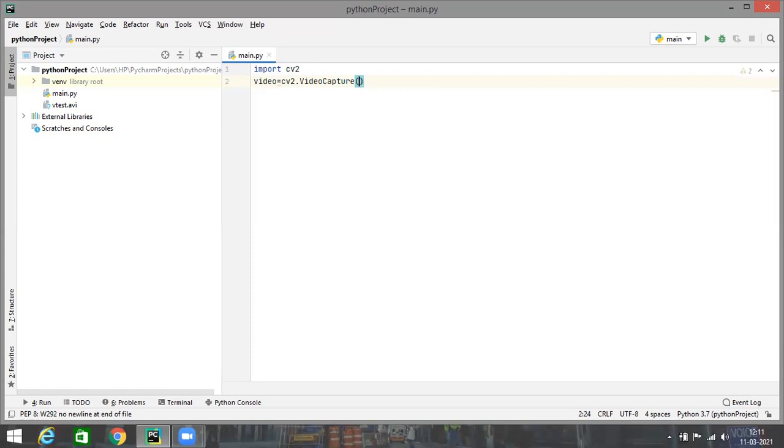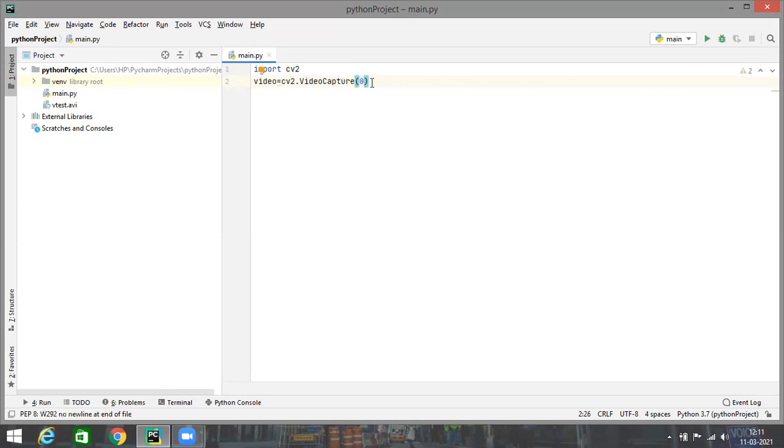Similarly, the second type of argument which the video capture method can take is the absolute path to a video file which is stored on your PC, so that you can read a video which is already present inside your system. Here you can see I have a video file which is already present inside the same directory where I'm coding. Later on in this video, we'll also see how to read this video inside our computer. For this particular time, we are just using our webcam for the input. So now we have got an instance of the video capture, which specifies that we have selected the webcam to capture the video.